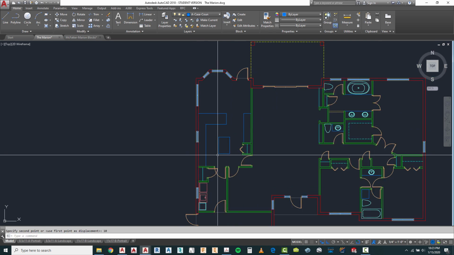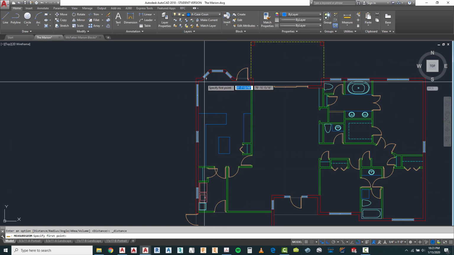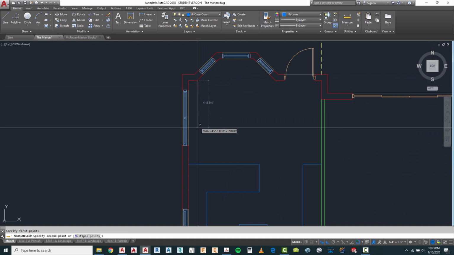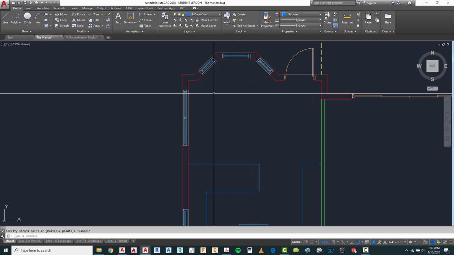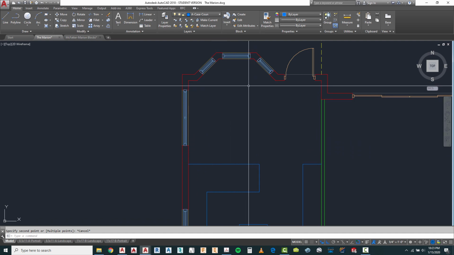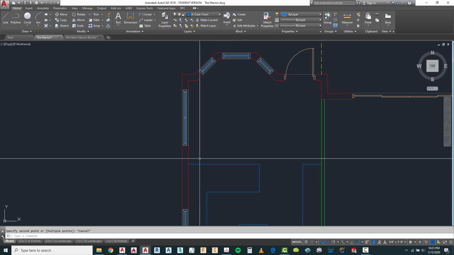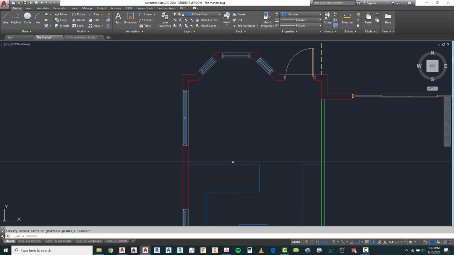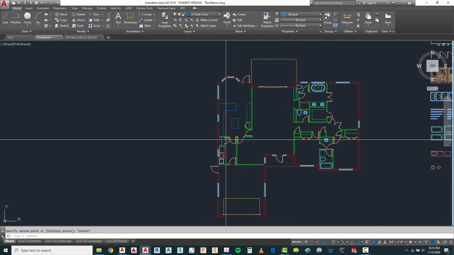That gives me a nicer island. And let's see what the distance is. And I'm not even counting the bay window. The distance from here to here right now is shown at 9 feet. I'm going to go ahead and leave it at that, because this way we can have a nice table right in here, and we have room for bar seating located right here. So let's leave it like that for now, and let's start